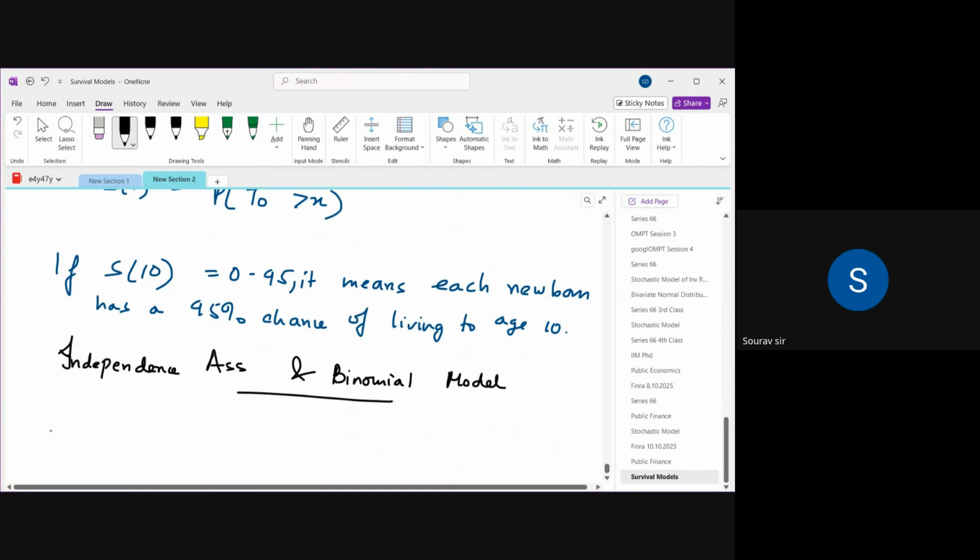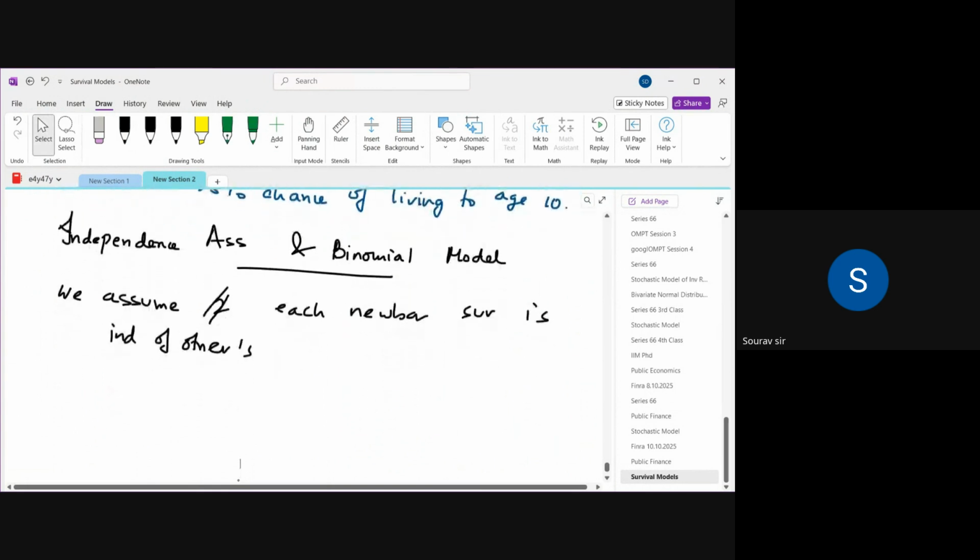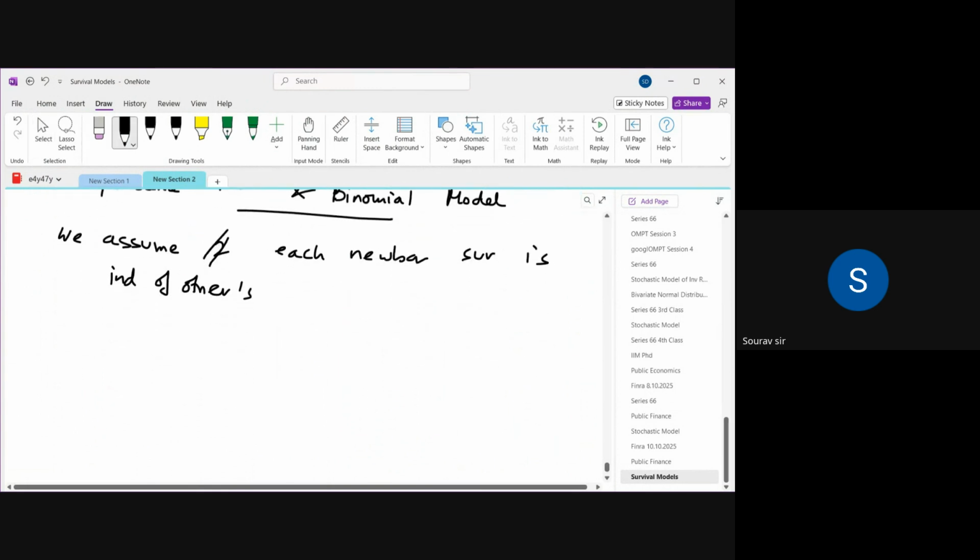Here we assume each newborn's survival is independent of others. A reasonable assumption for a large population. So each child